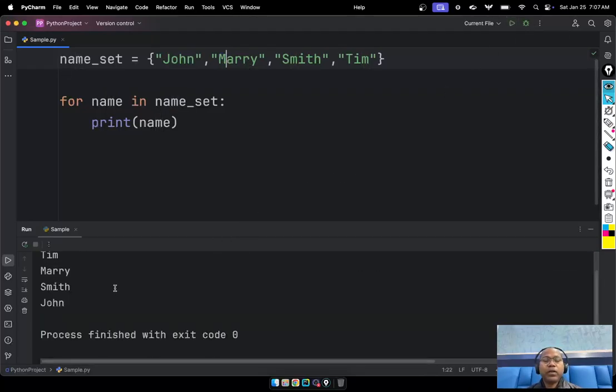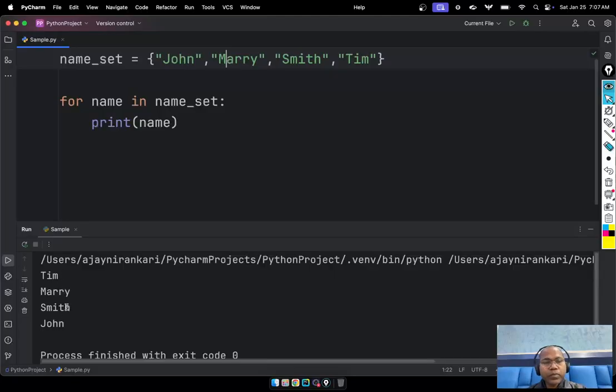This is the different order. Okay. Different order. Good. So this is one way. Maybe I want to check whether this set has a particular name or not. Okay. So here you can say,